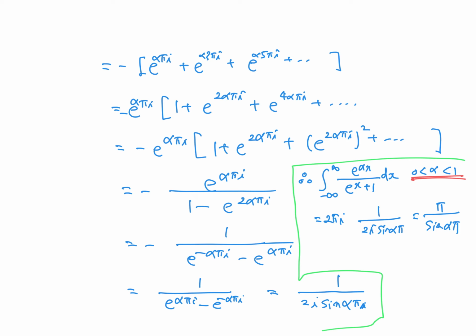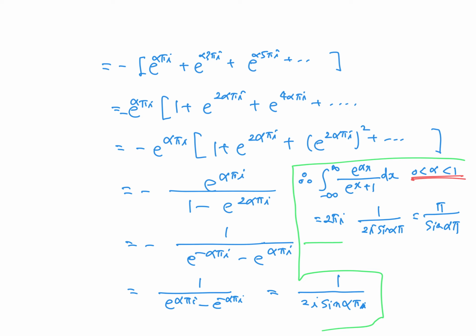It's really amazing because the original integration has nothing to do with the sine or pi. The result seems to be pi divided by sine alpha pi, right? Especially if we said alpha is 1/2, then sine pi over 2 is 1. This is pi, right? So definition of pi, there are many definitions of pi. So pi appears,